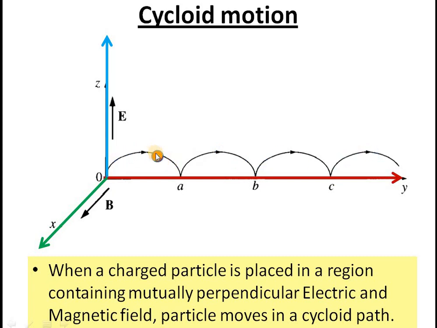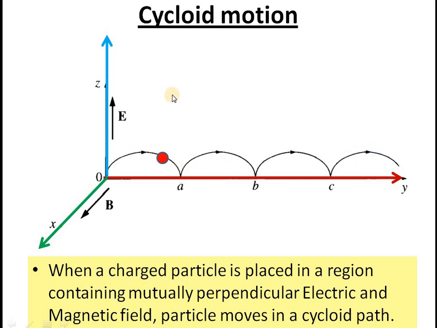As it moves forward and reaches the point A, what happens at the point A? The direction of motion of the particle is downward, and the electric field is upward. So you can say both the electric field and the direction of motion of the particle are mutually opposite. So they experience a repulsive force, or an opposing action. Because of this, the particle stops at the point A.